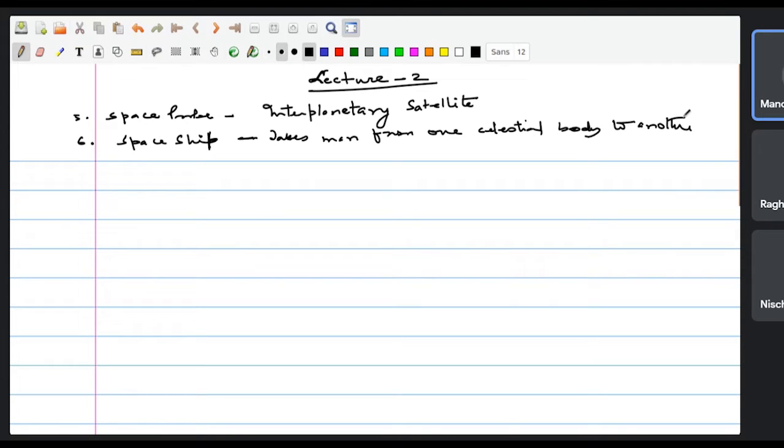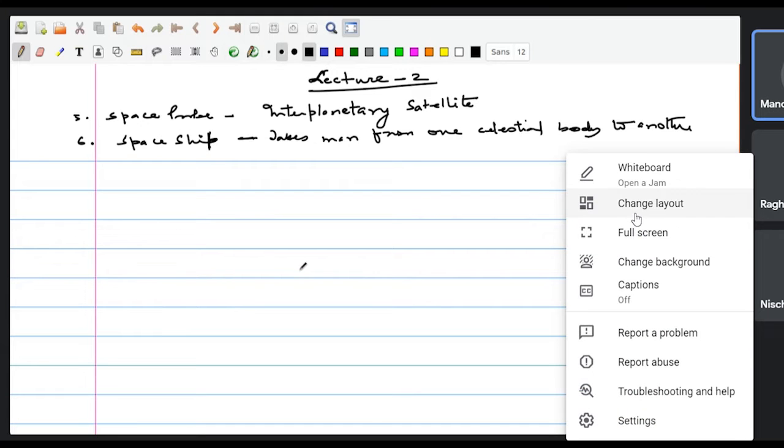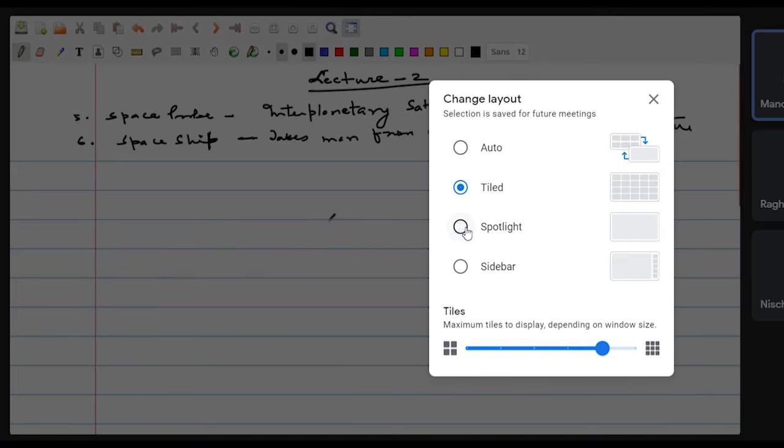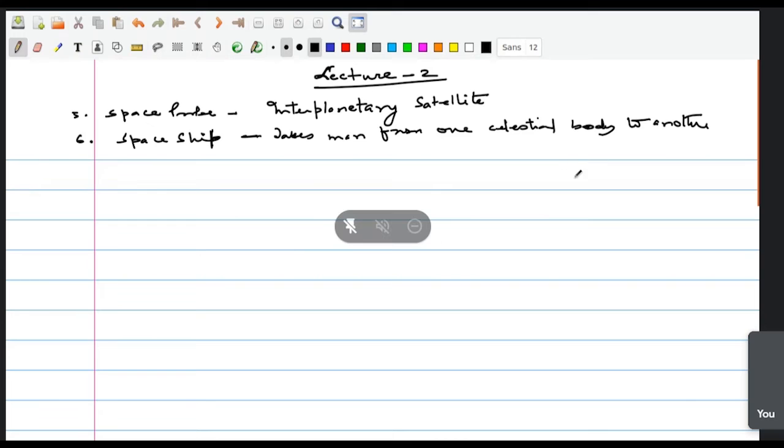So these are the various functionalities. See, the letters here will be a little distorted. Whatever I am writing, because of this software, it gets distorted. Okay, so this introduction part is over.